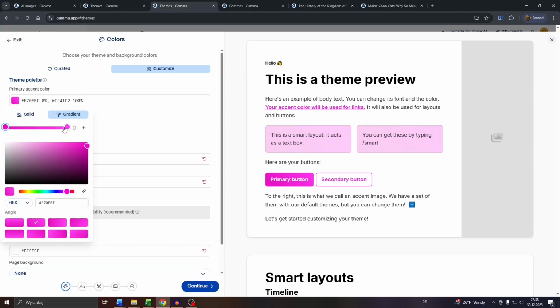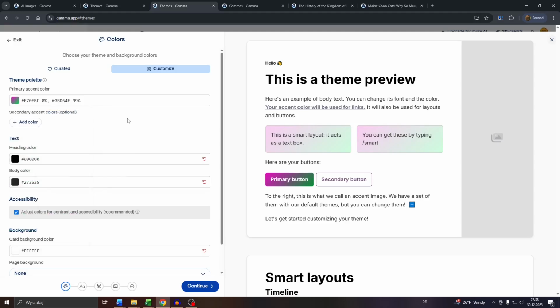For example, if you'd like to use a gradient, what you need to do is click into one of these circles. For example, that circle here represents that pink color and the other one will represent the other color of the gradient. So let me go with green, select that one, and as you can see now it is a gradient. You may select also the angle below. And that's it. So what you want to do next, guys, is simply go through these